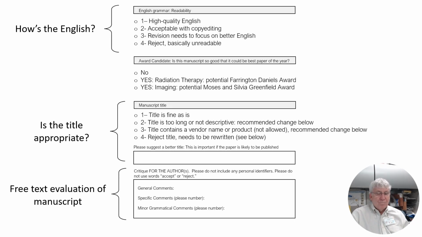This is important. How's the English? The last thing you want to do after you have prepared your manuscript is make sure that someone, a native speaker or a good editor, has gone through it and make sure that it's high quality English and that it's well written, because otherwise that can lead to what we call a desk rejection. That means it does not go through the review process. It's reviewed only at the upper level, and the English is considered not appropriate, and it's rejected at that point.